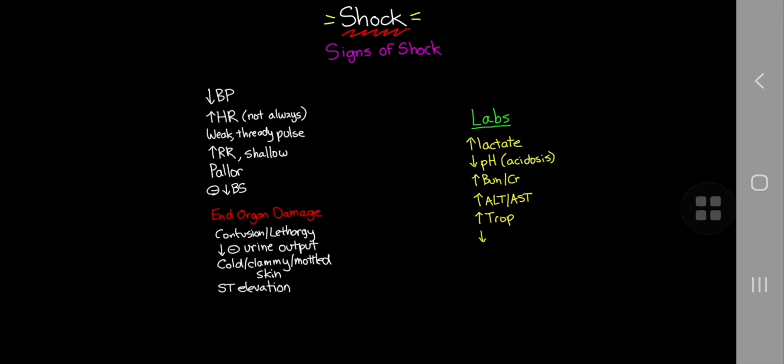Also a decreased PaO2, and this is a result of the decreased perfusion leading to less oxygen making its way into the blood. And finally, one of the things that you'll see is an altered SVO2, and depending which shock you're in, this can either be elevated or decreased, and again we'll talk about that